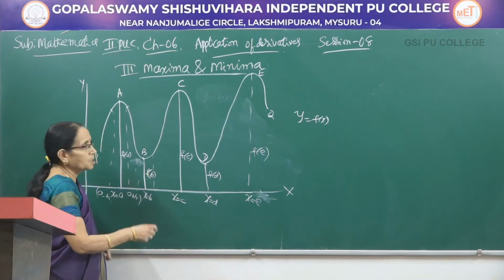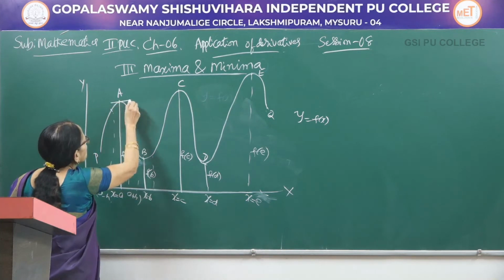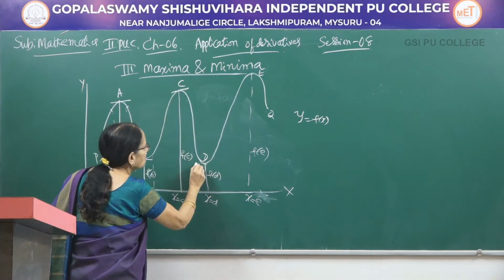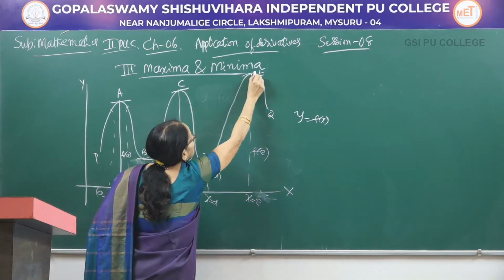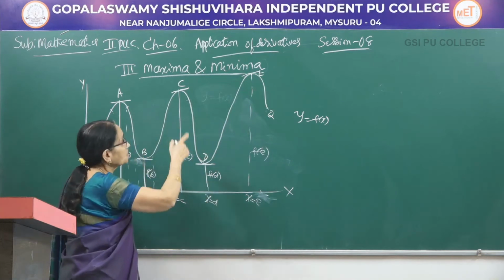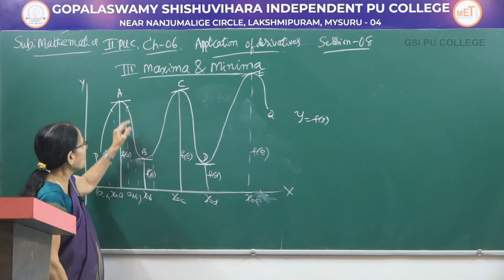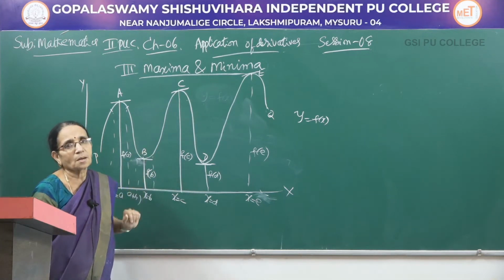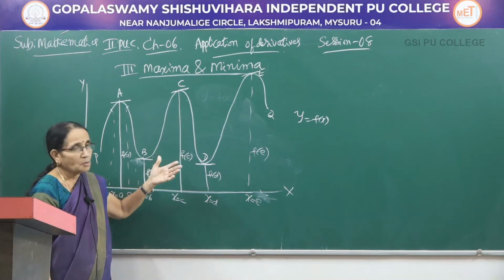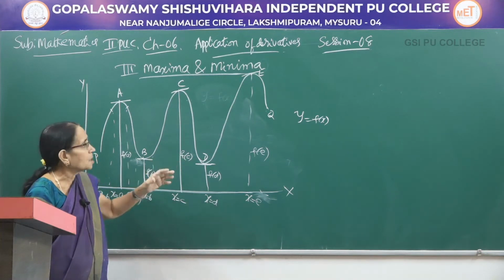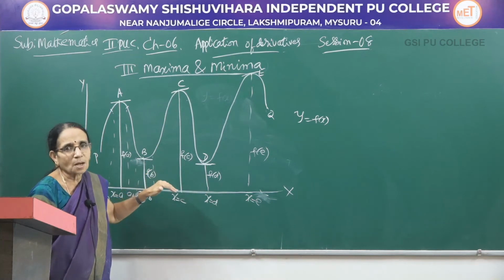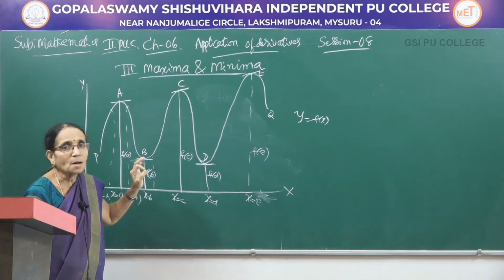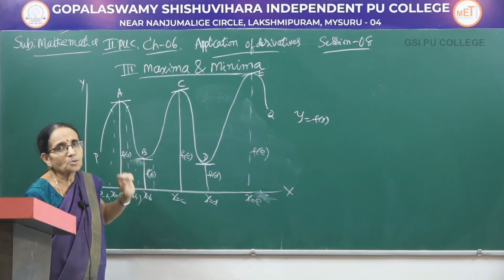Now this is one piece of information. Next, suppose I draw the tangents to the curve here at all the points, x equal to a, b, c, d, all the points here. You observe the tangents drawn at these points are parallel to the x-axis. And when we were discussing tangent and normal, I told you that when the tangents are parallel to the x-axis, at that position, the first derivative, that is f'(x) or dy/dx, is equal to 0.